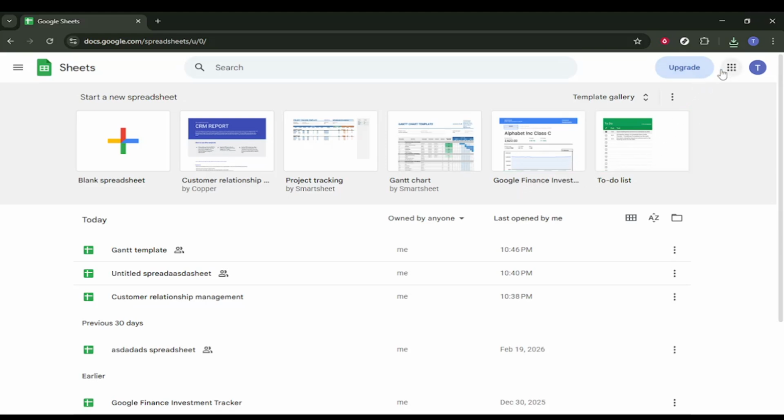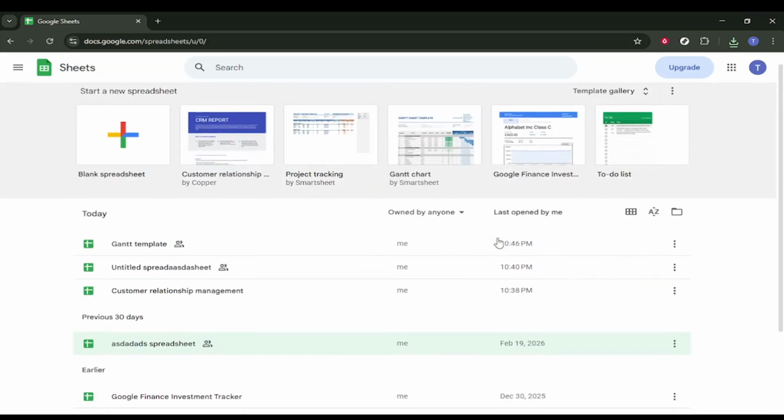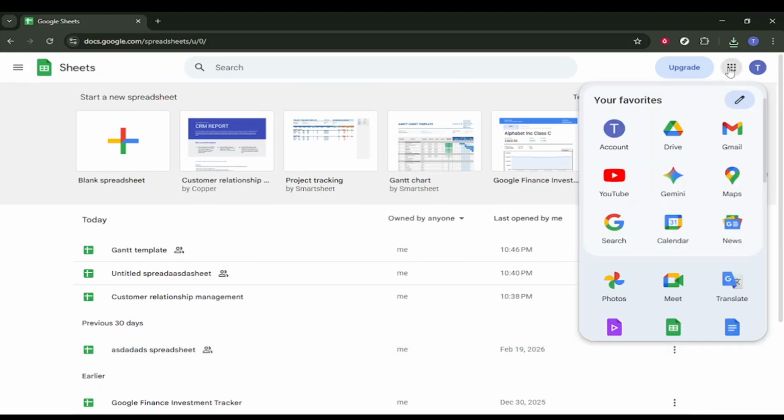If you have a lot of files, take a moment to confirm you have the right one by checking the name and the last modified date, if it is visible. Then click again on the highlighted file area as shown in the interface, so it is clearly selected and ready for the next action. Next, you will move over to Google Drive, because that is where deleted files are stored